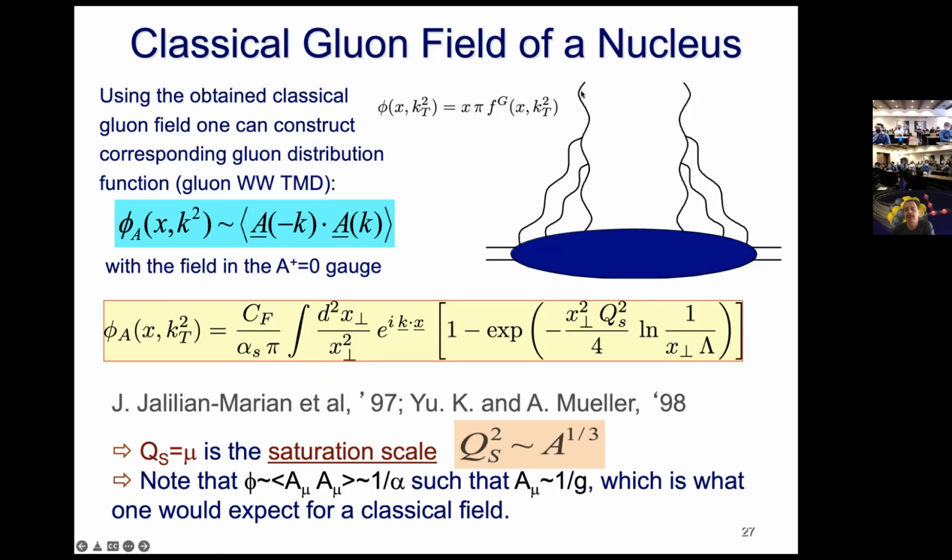Well, how do you generate a quark? You just put in a quark loop here at the very end, and that introduces an additional suppression by alpha s. You need to have a gluon split into a quark antiquark pair, and that brings in an alpha s suppression. So this 1 over alpha s vanishes for the quarks.